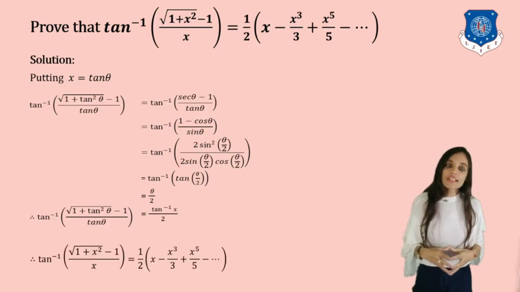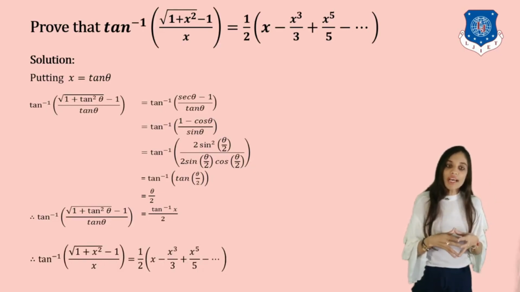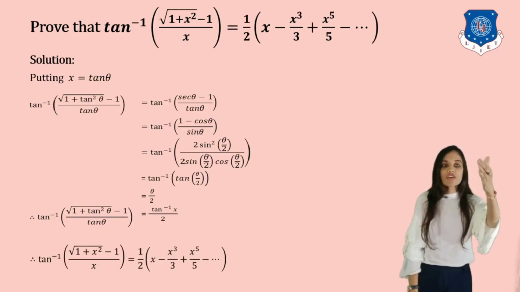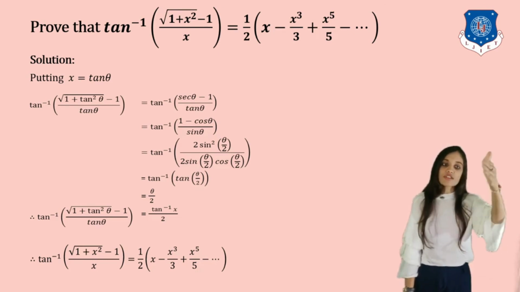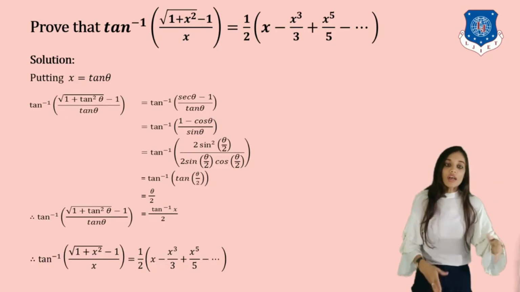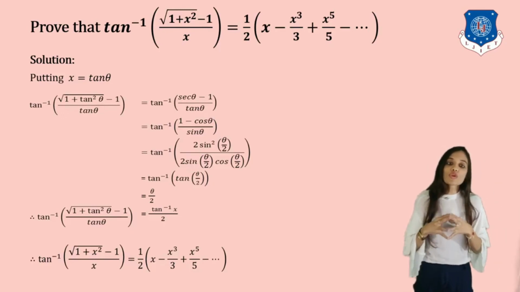Right, now we will replace the series expansion of tan inverse x directly, which is given by 1 upon 2 times the tan inverse x series expansion, that is x minus x cube by 3 plus x raised to 5 by 5 and so on. But if you are asked this sum in 7 marks, then you have to prove the whole series expansion of tan inverse x. So in this type of substitution method, on looking at the RHS only, you can assume what you have to substitute while solving the examples.